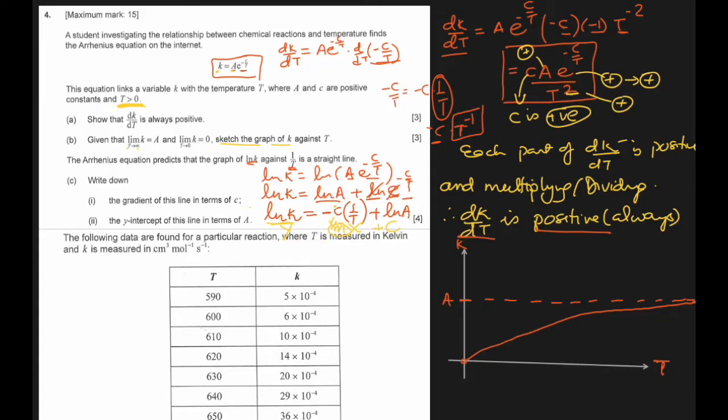So m is the gradient, that means minus c is the gradient, and we'll write here minus c is the gradient of this line. In terms of c they're saying, so we can write gradient is minus c. The y-intercept is this c of y equal to mx plus c. That means ln a is the y-intercept. So answer is ln a. They're saying in terms of a, ln a is the y-intercept. Okay. Next, the following data